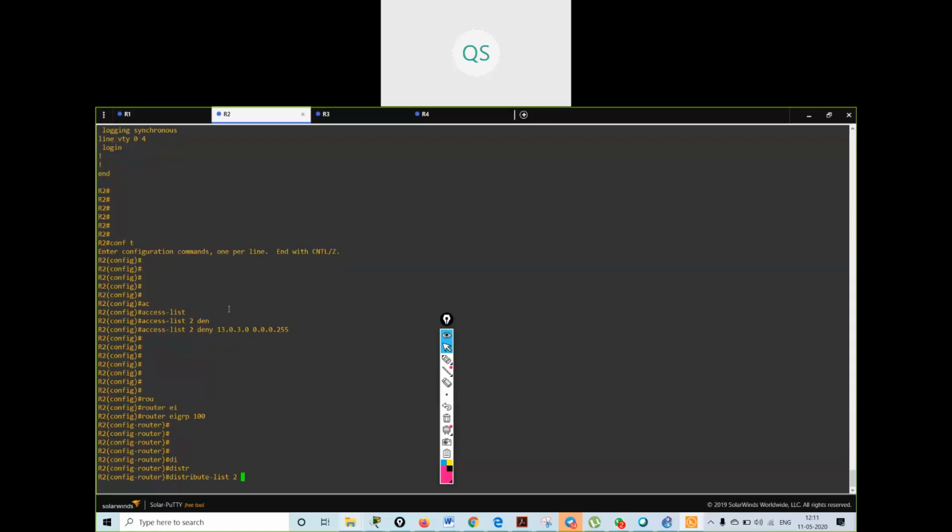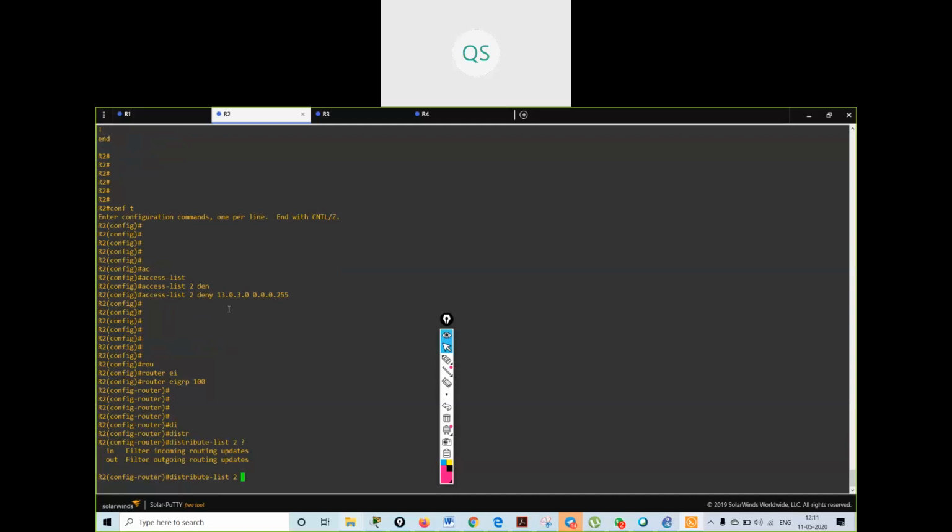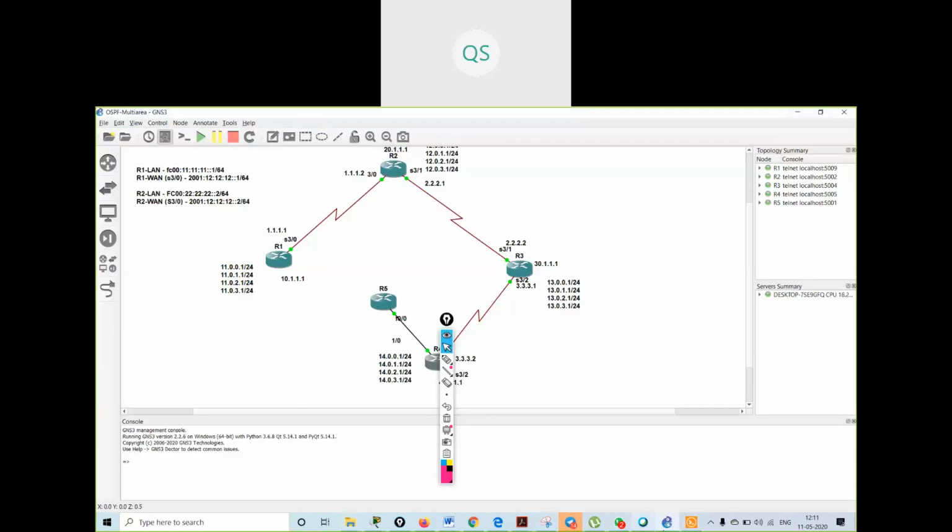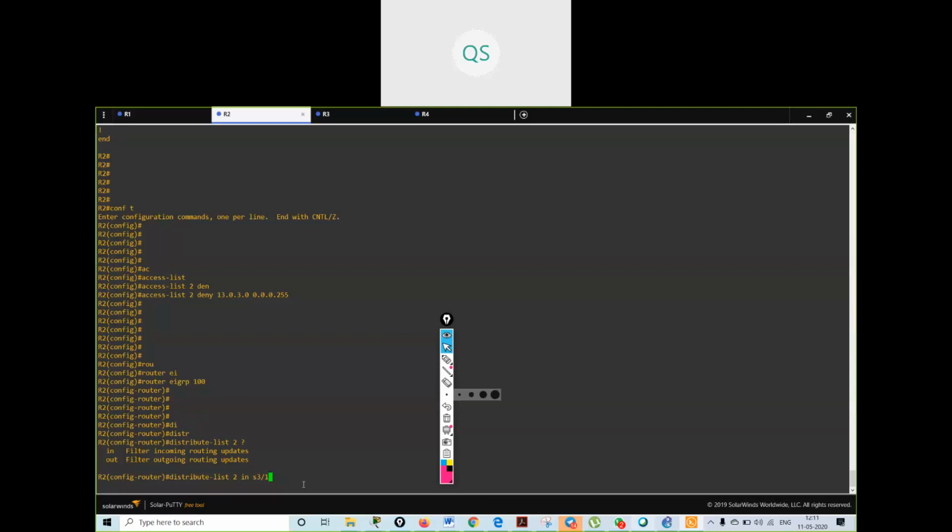Distribute list 2. See, I am having two options, so I will say in, inbound. I should not get updates from 13.0.3.0. In which interface? 3/1. Distribute list 2 in interface 3/1.